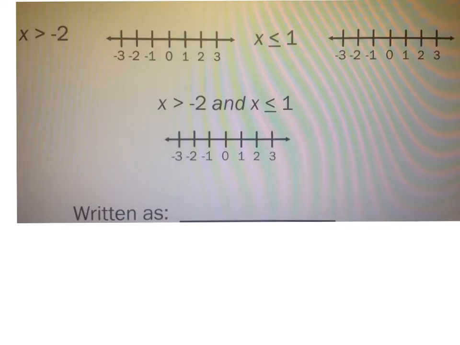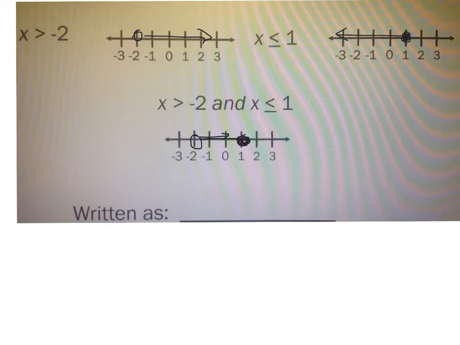So here's our first example. We're going to do them separately. So x is greater than negative 2. So what I would have is an open circle at negative 2 going to the right. The second one I have x is less than or equal to 1. So I would have a shaded in circle at 1 going in this direction. When we put them together, here's my open circle going in this direction. Here's my closed circle